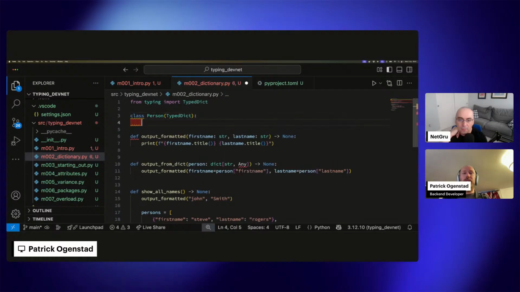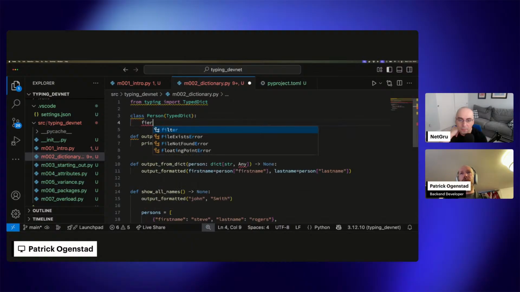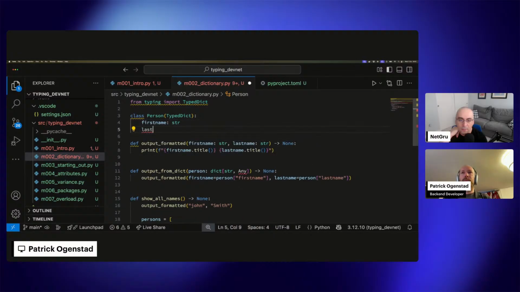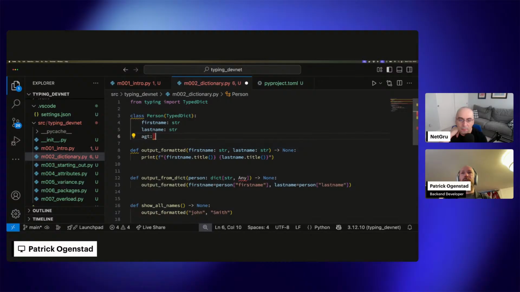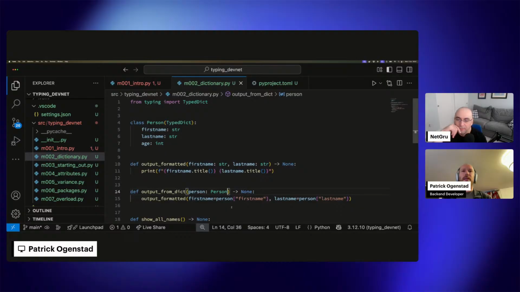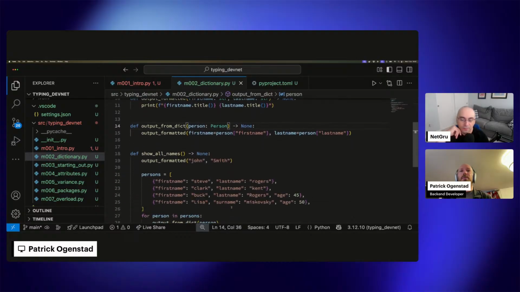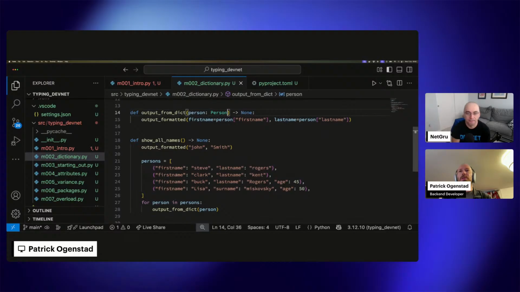That contains a few fields. So we will have the first name and last name, and then age, which is an integer. And then instead of this function accepting a dictionary, we will use a class, an instantiation of the class. Yeah, exactly. And this part would still be problematic, but if we say that, okay, now we want